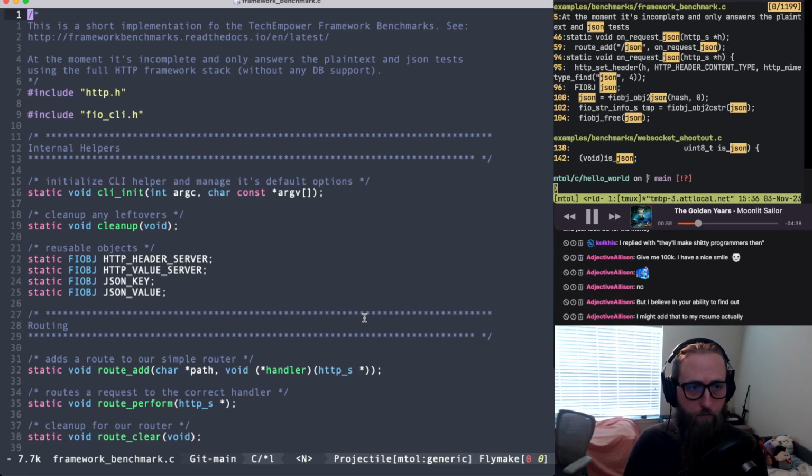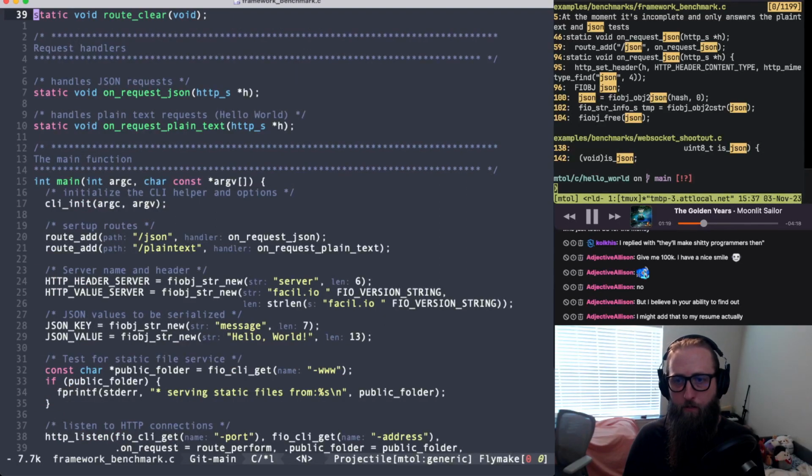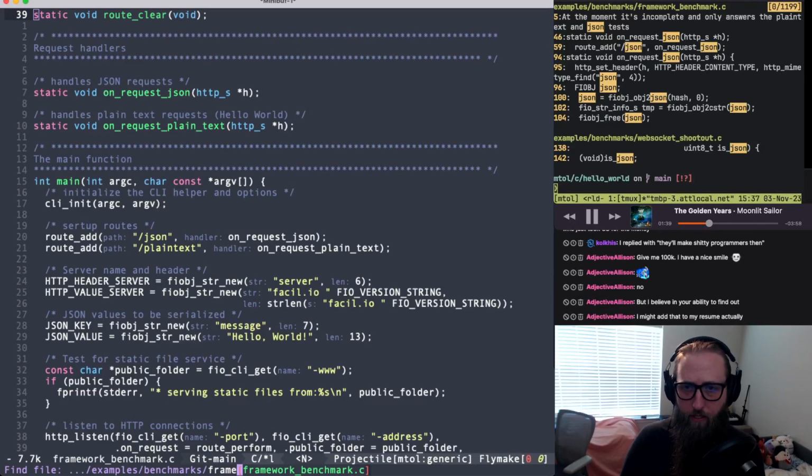100 seems interesting. Well, let's start. Whatever. We'll just go through this thing. Adds a route to our simple router. Okay, so they just made a little router. Okay, that's fine. That's what it was. They defined their own router here. On request JSON handles JSON requests. Ah, maybe that helps a lot of things. And then they have an on request plain text. Okay. So maybe if we look at the implementation